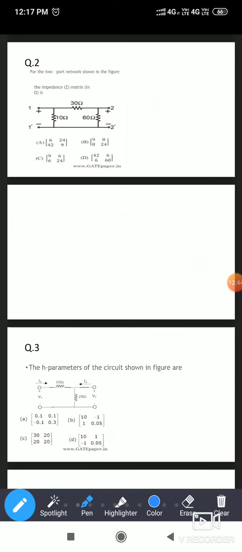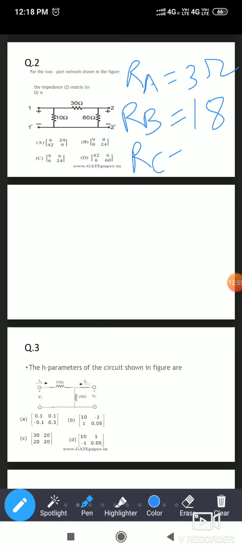Okay, so I will write once again. RA equal to 3 ohm, RB equal to 18, and RC equal to 6 ohm. So these answers we will get. So finally, if you are converting this delta into star or pi into T, the new circuit will become,